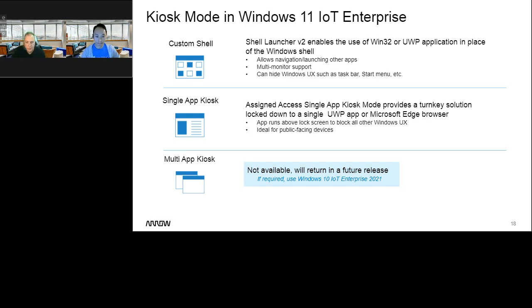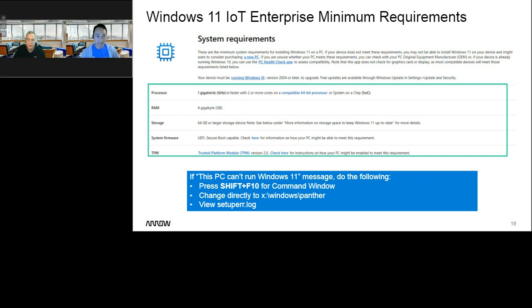And I'll jump ahead to the minimum requirements and let you jump in here. The TPM is kind of the big discussion point. Everyone is not so happy that it's required, as well as the specs doubling, from 2 gigs of RAM to 4 gigs, and the storage now up to 64 gigs. But it kind of comes with the territory of running a brand new Windows 11 operating system. So, what's your take on the requirements here?